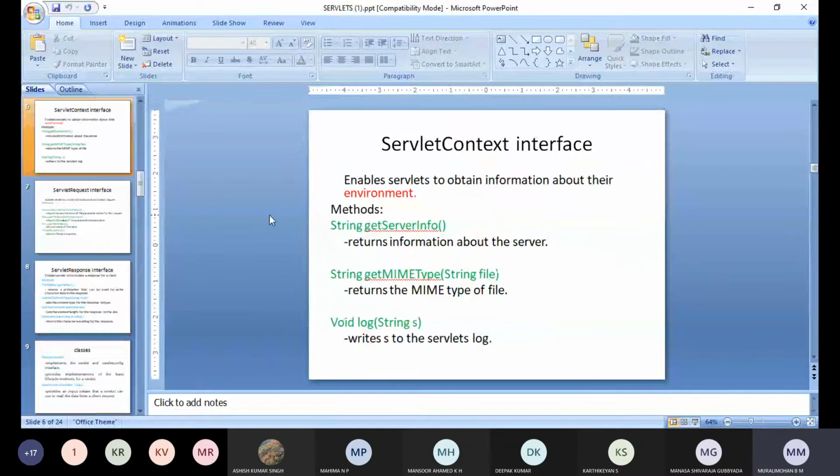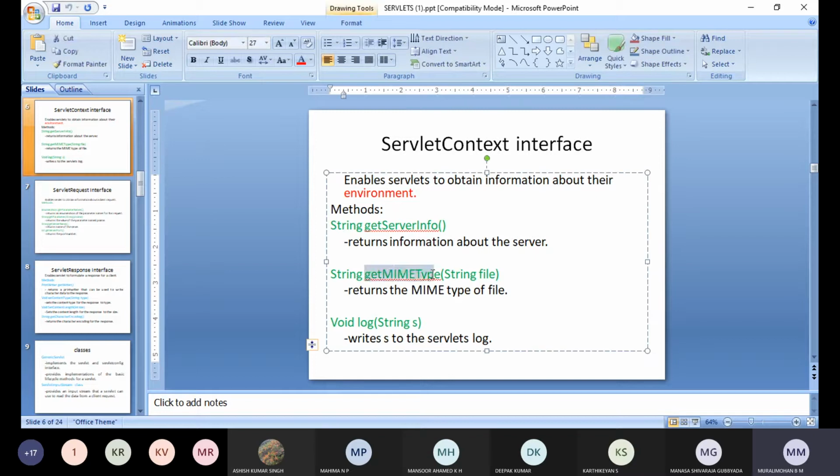Next, the third interface is the ServletContext interface. The ServletContext interface will enable the servlet to obtain information about its environment. So this interface is used to obtain information about the environment. The methods defined inside this are the getServerInfo method, which will return the information about the server. getMimeType returns the MIME type of a file, whether it is text.